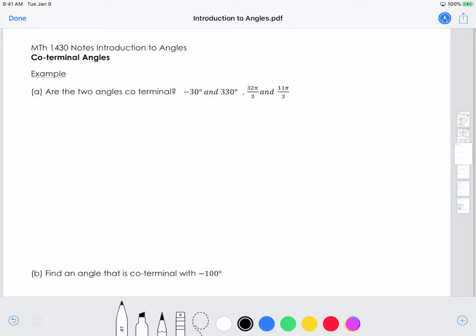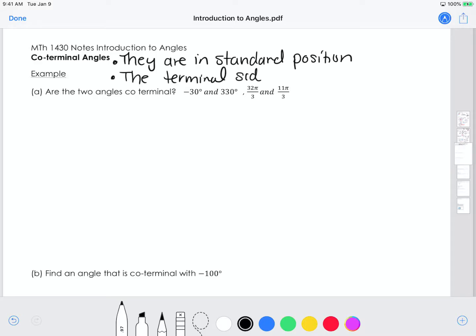Now let's talk about coterminal angles. Two angles are coterminal if they are in standard position and if their terminal sides overlap. So, for example,